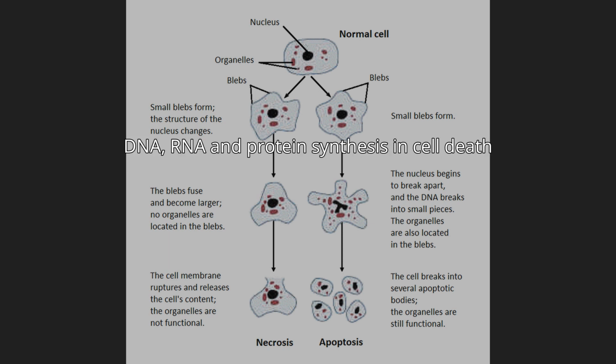DNA, RNA, and protein synthesis and cell death. Programmed cell death means genetic control of the process, thus genes specifying cell death in a developmental sequence must be present. Many authors show that there may be a premonitory increase in protein synthesis as a primer for programmed cell